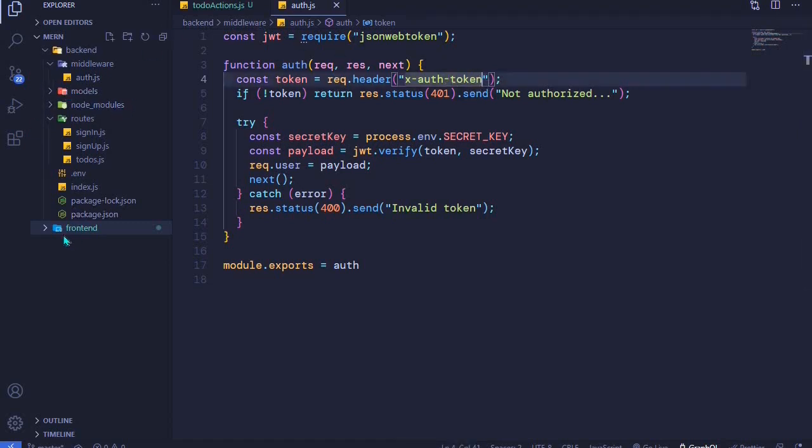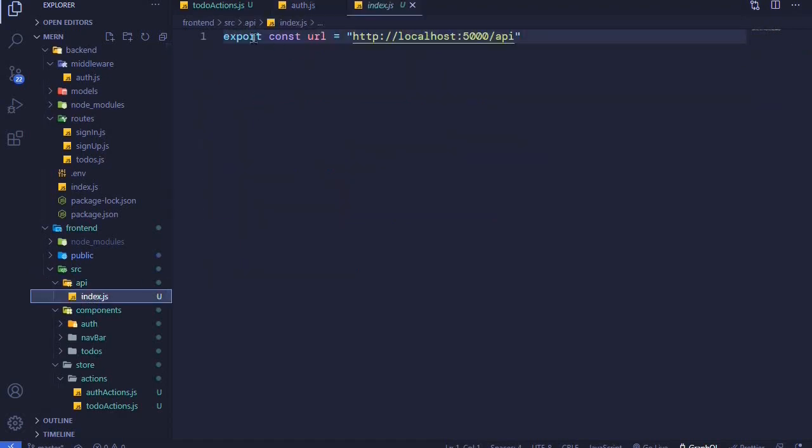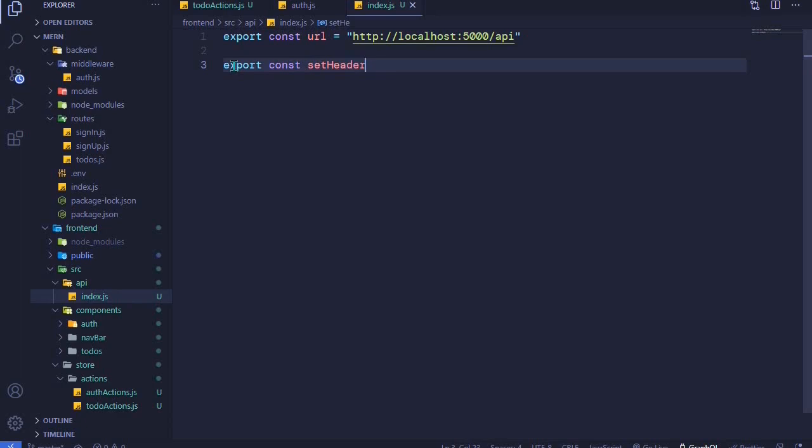So I'll go back to my front-end folder here, and then inside the API folder we will access this index.js file. Right here we were exporting a URL which targets our API endpoints, and we'll also export a function which will help us to set the headers of our request. So right here I'll say export const setHeaders, and this will be an arrow function,